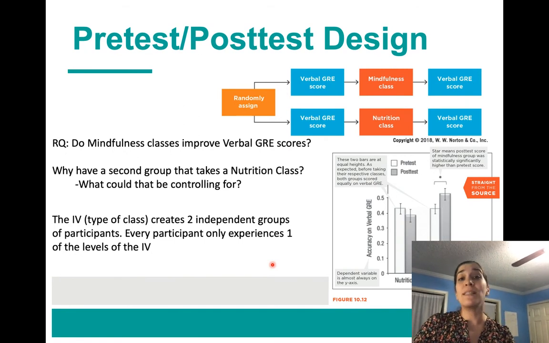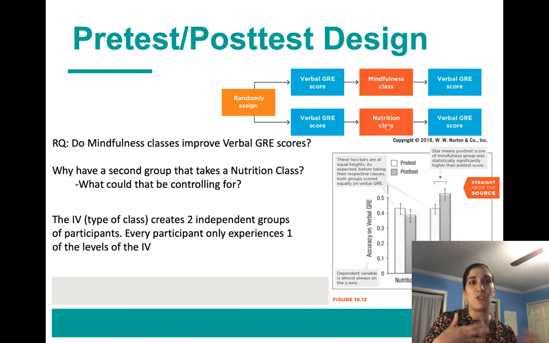But anyway, so let's say your research question is: is mindfulness going to help you improve your scores on your verbal GREs? Okay, so I decide that that's one level of my independent variable. The other level will take some other class, a nutrition class. This could be a comparison group, but it could also be kind of like a placebo group, right? I'm making you take a class, but it has nothing to do with what I think might impact your scores on the verbal GRE, because nutrition shouldn't necessarily help you. So I'm making you take a class to make sure that it's not just the effect of taking a class